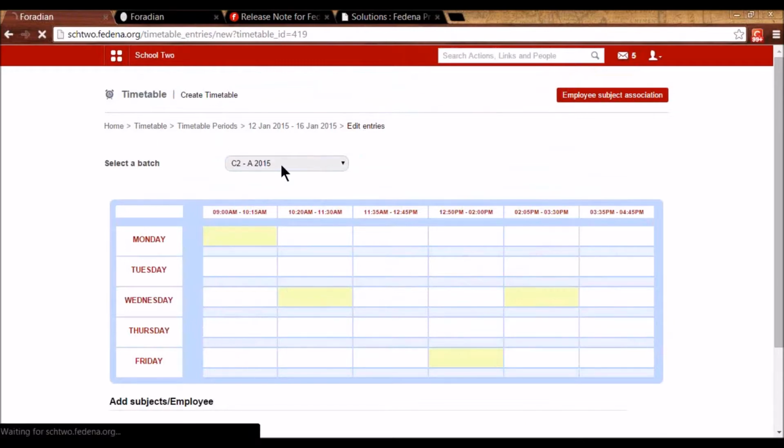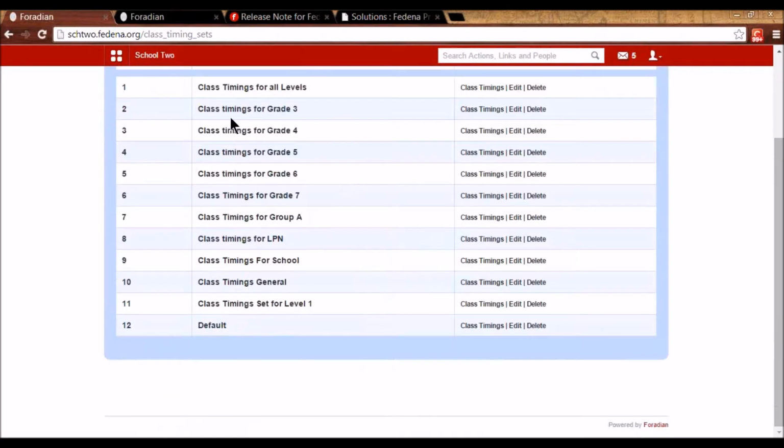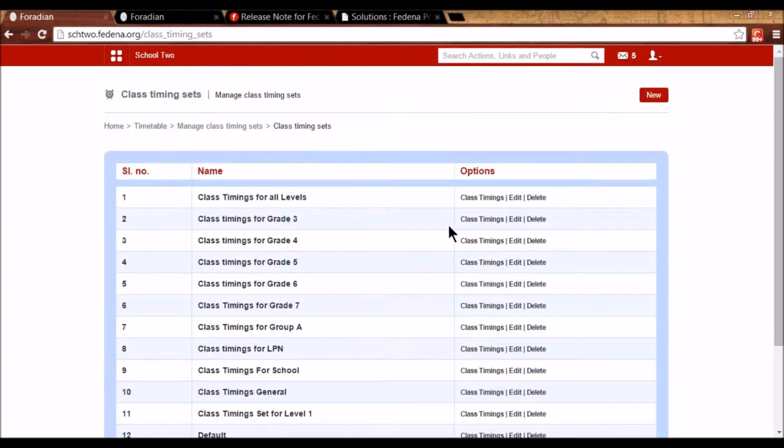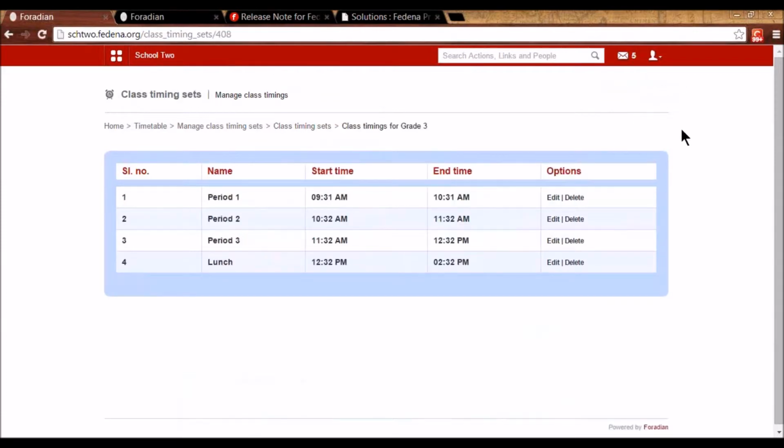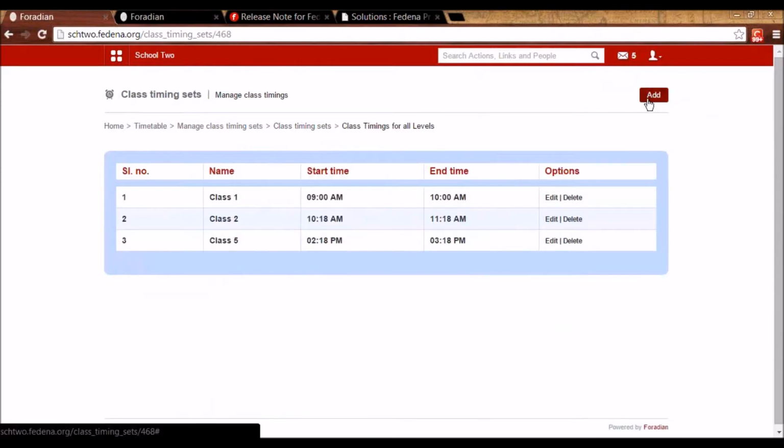So now here one more enhancement in the class timing sets. So you will see that I have so many class timing sets, and there are few class timing sets that I cannot add more classes into. For example, class timings for grade 3, there is no option to add here. Whereas for class timing for all levels, you will see that I have an option to add.